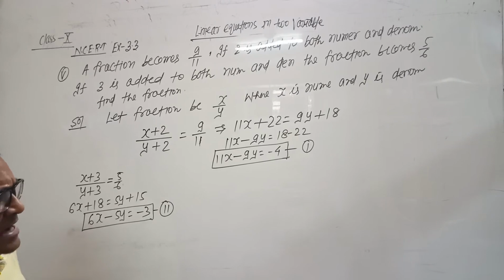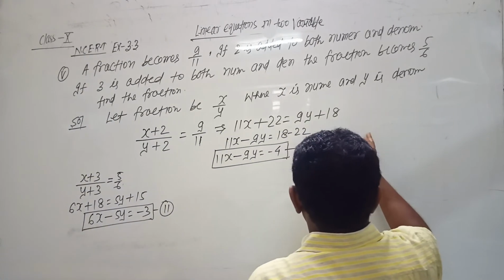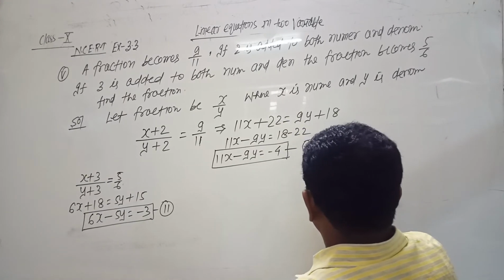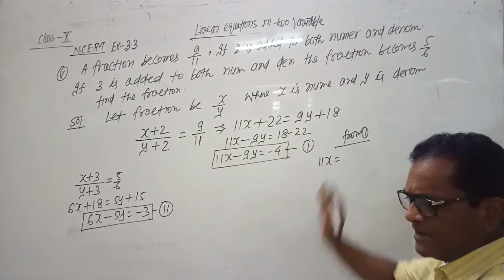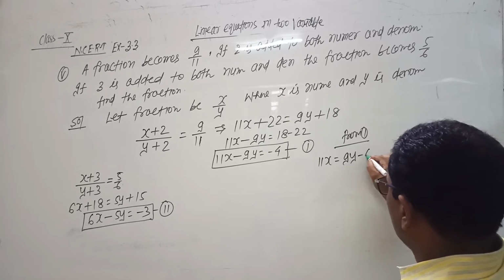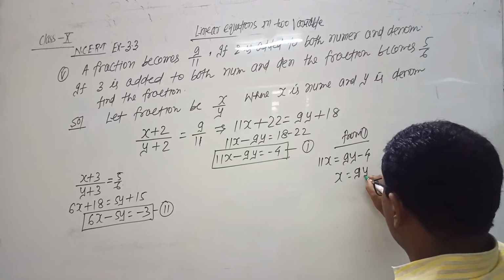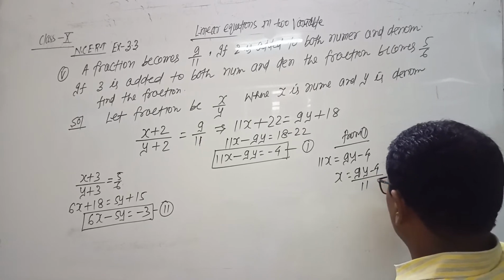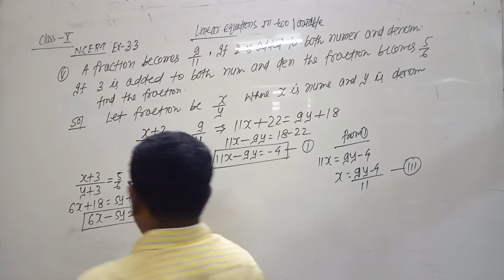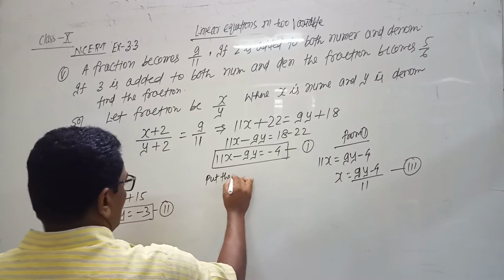Now we eliminate the value of x from the first. So 11x equals, when 9y goes to the right side, its sign gets changed, so it becomes 9y minus 4, and the value of x equals 9y minus 4 upon 11. Name it the third equation. Now put the value of x